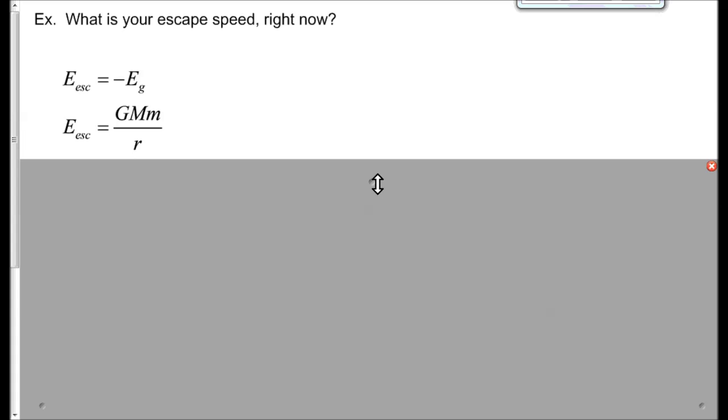So if we start with, again, we know the escape energy, I've given it ESC down here, is equal to the negative of the gravitational potential energy, because I want to take this energy, add it to this energy, and get to 0. I want to have just enough energy to get out. So the escape energy again here is just given by this expression, since you're not moving, you're sitting still, hopefully, or close to it. And so this would be the energy you need to escape,